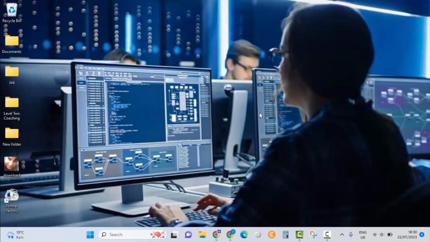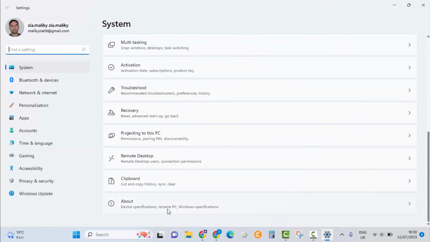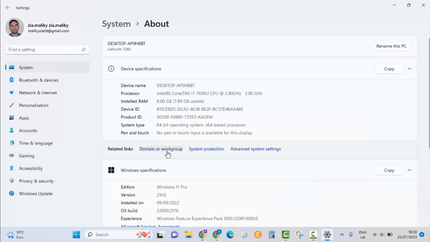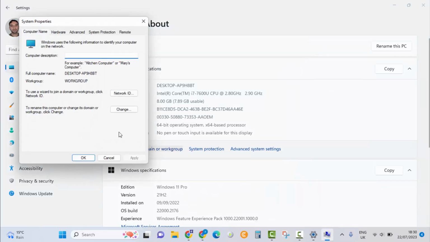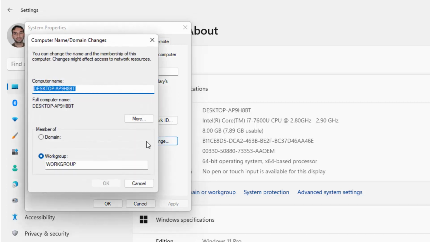Now let's move on to the second method of doing it. Go to Settings app again, click on About down here. Next to the related links, click on Domain or Work Group, and from here you will see computer name. In this box you can set your computer's description, whether it will be in the kitchen or in the network, and you can see the full computer name is here. And to change that, you want to click on Change button, and this will allow you to change the computer's name,